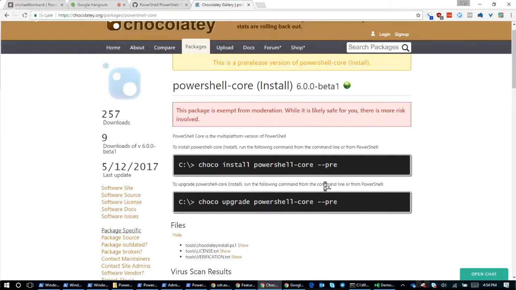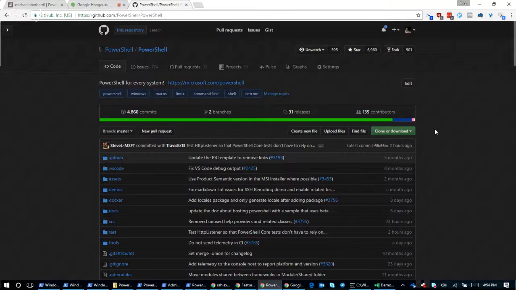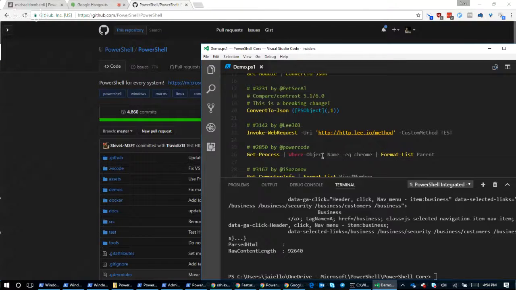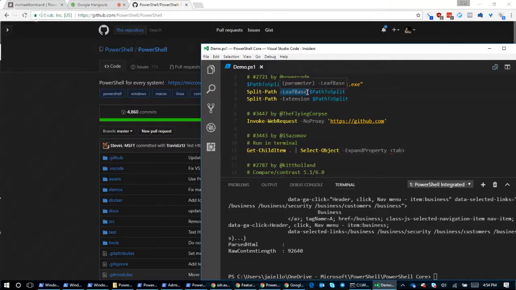Cool. So great, there's a million ways to install it. It works on every platform. Who cares? What does it do? Why is it better than 5.1? Well, one of the big reasons is that anything that you file as an issue, however minor, can be addressed just as quickly as anything else.